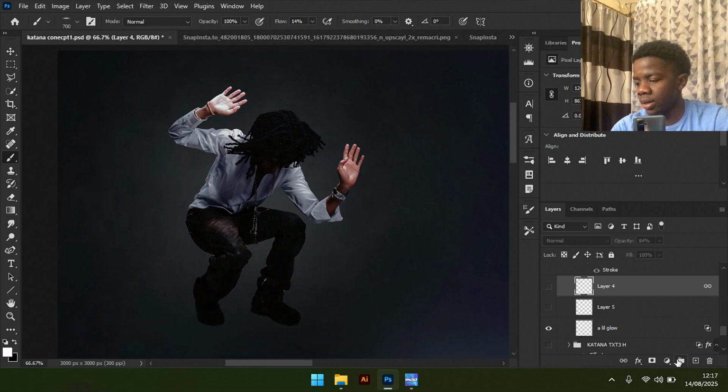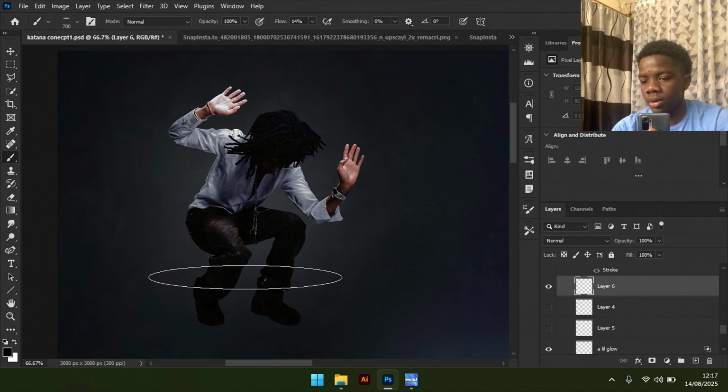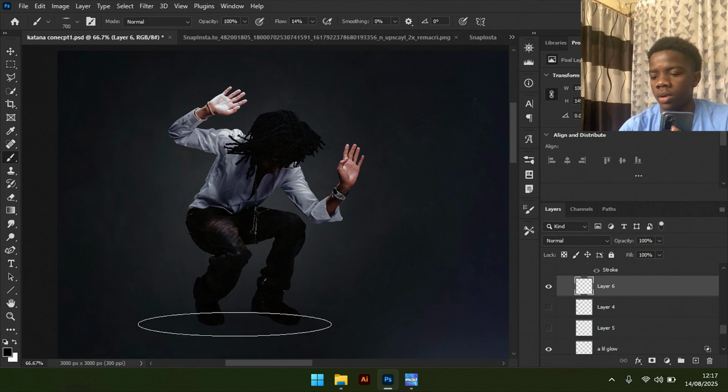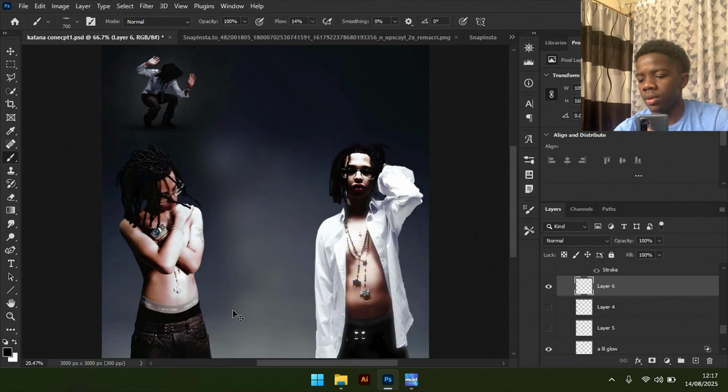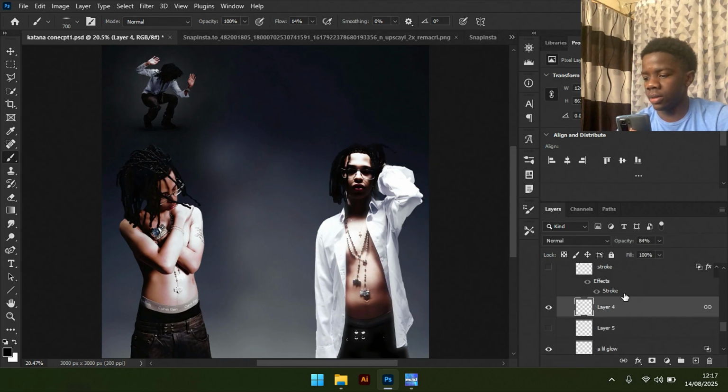Let me switch it off real quick, create another layer. So yeah, I added that shadow, something like that. So you can see this is the after and that's the before, something of the sort. I'm doing it real quick because I just want you to get the workflow, whatever I was doing. So yeah, the next thing is